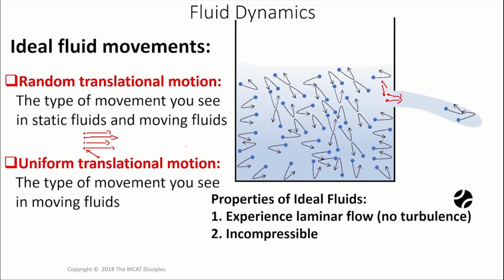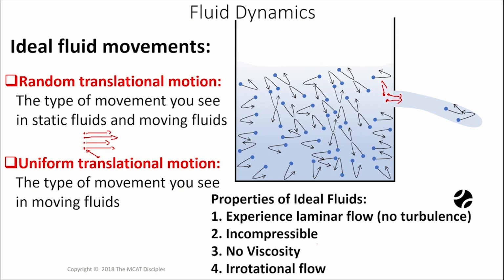Ideal fluids are incompressible. They have no viscosity. Viscosity is thickness. An example of a viscous fluid would be molasses, if you've ever seen a jar of molasses in your kitchen, or maybe even you can think of a very thick syrup or honey as a viscous fluid. Just a thick fluid, and you can imagine that would slow down flow, or velocity of fluid flow rather.